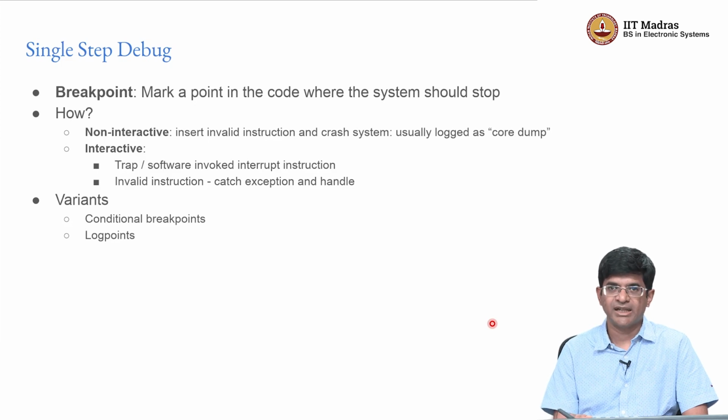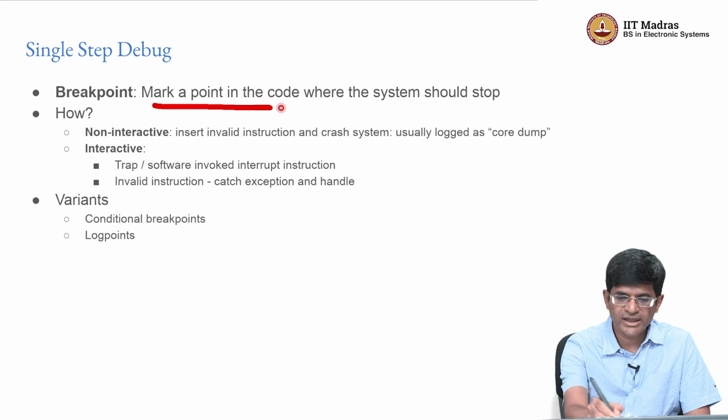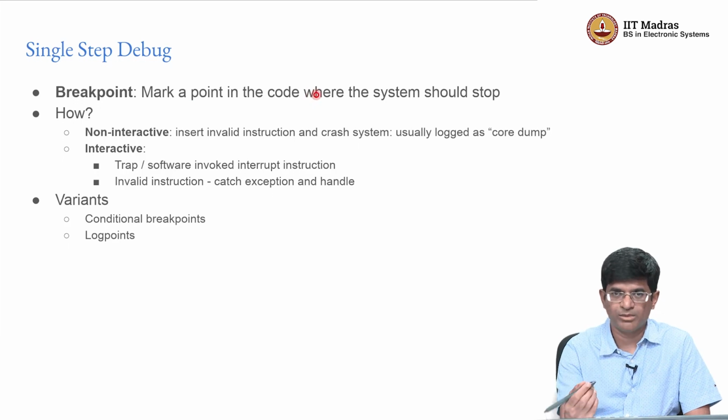The basic idea behind single step debugging is that you can define something called a breakpoint in your code, right? And this is essentially a point in the code which normally we as human beings would basically take the source code that has been written, the C code, and say the moment the program gets to this particular point in the code, halt and wait for the user to tell it to continue. Now,